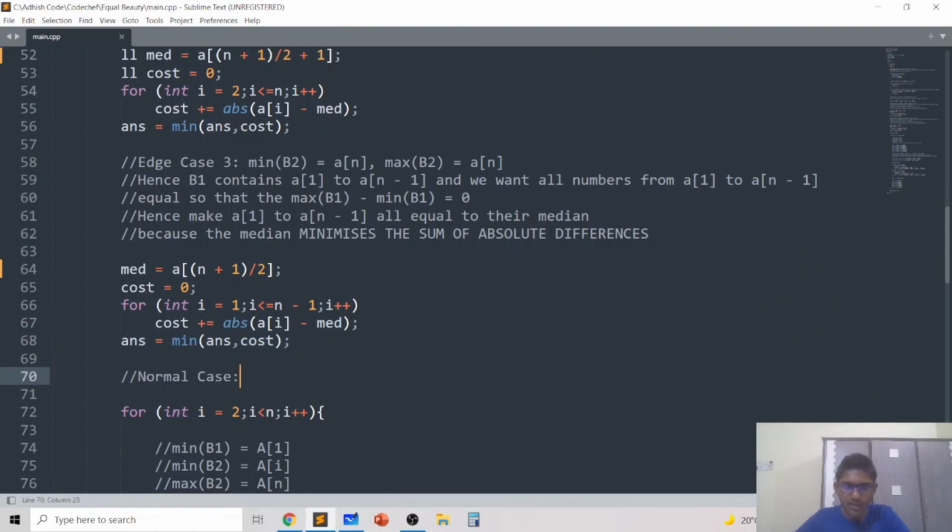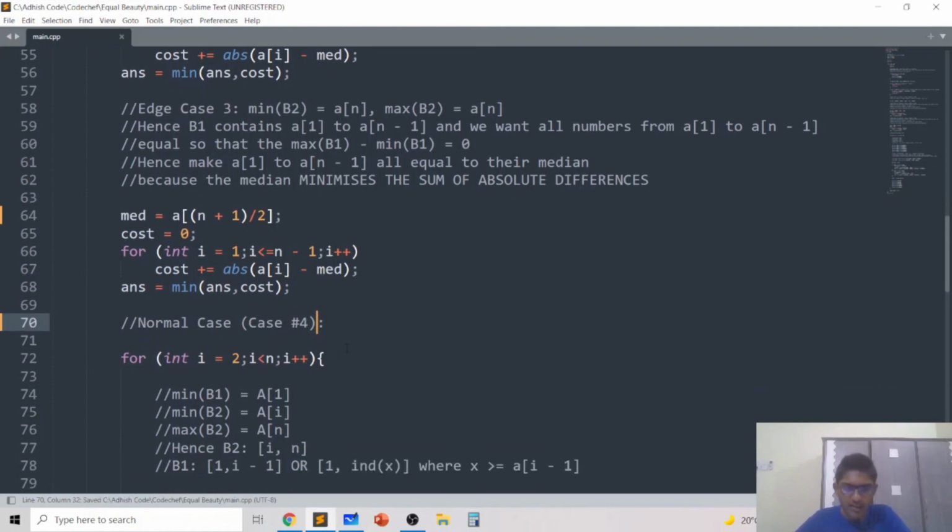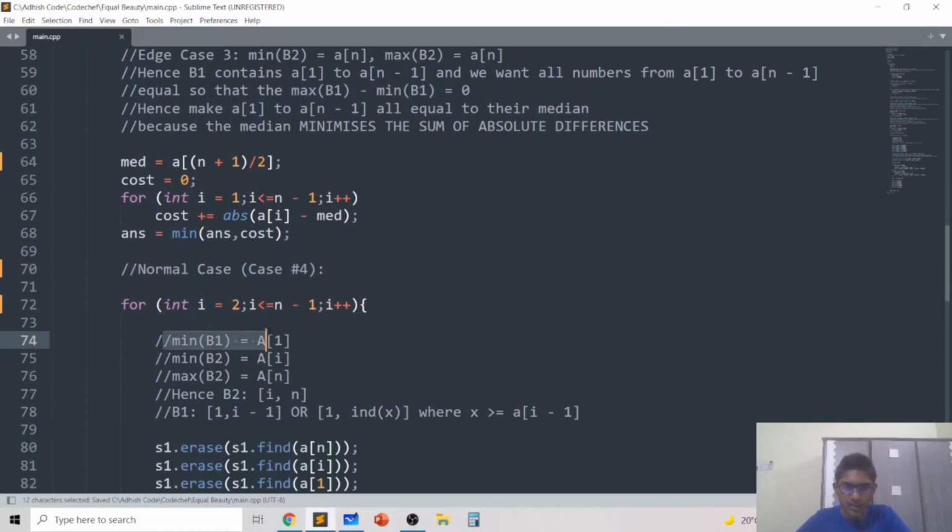Now in the normal case, which is case number 4, we need to iterate over all indices going from 2 to n minus 1, and for all these indices we know that min of b1 is a1, min of b2 is ai, and max of b2 is an. Hence the b2 partition contains elements from i to n, and the b1 partition has to contain elements from 1 to i minus 1, or it can also go on